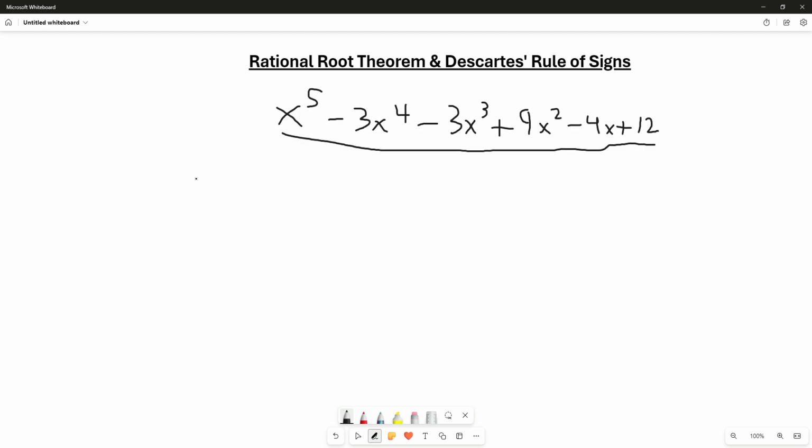And what are the possible zeros of this function? So, to start, we'll start with the rational root theorem. So, essentially what the rational root theorem says is that all possible rational roots for a function can be written as a factor of the constant. So the constant is 12, so factors of 12 are 1, 2, 3, 4, 6, and 12, and plus or minus all of these